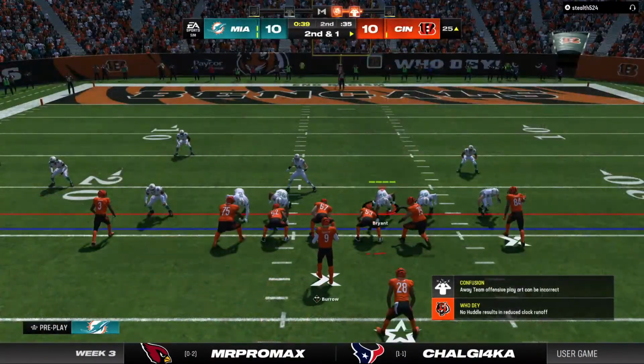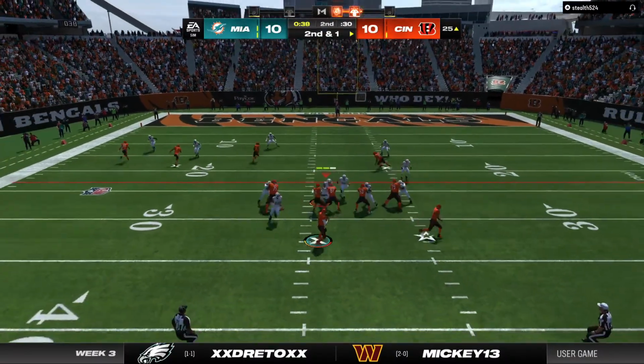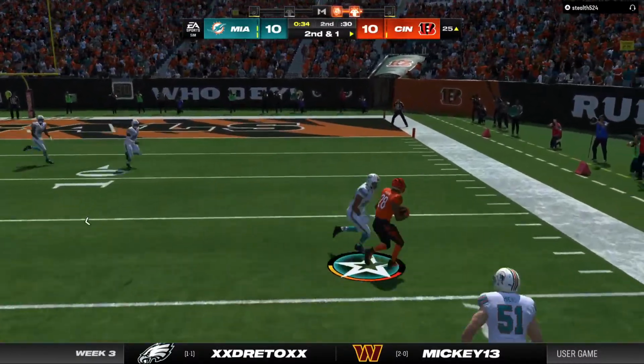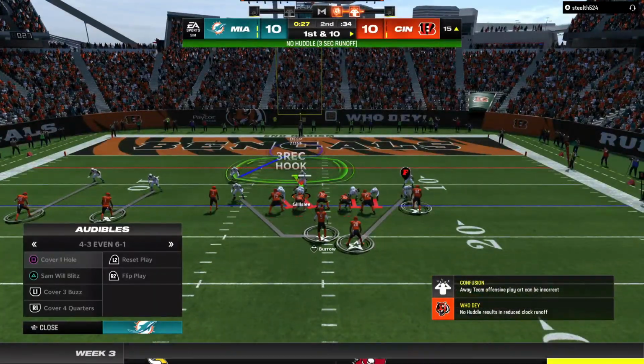On one, ready? Just need a yard here. 2nd and 1. From the shotgun, it's Burrow. To Mixon on the check down. He'll get it inside the 20. And finally taken down at the 15. First down now that the clock continues to